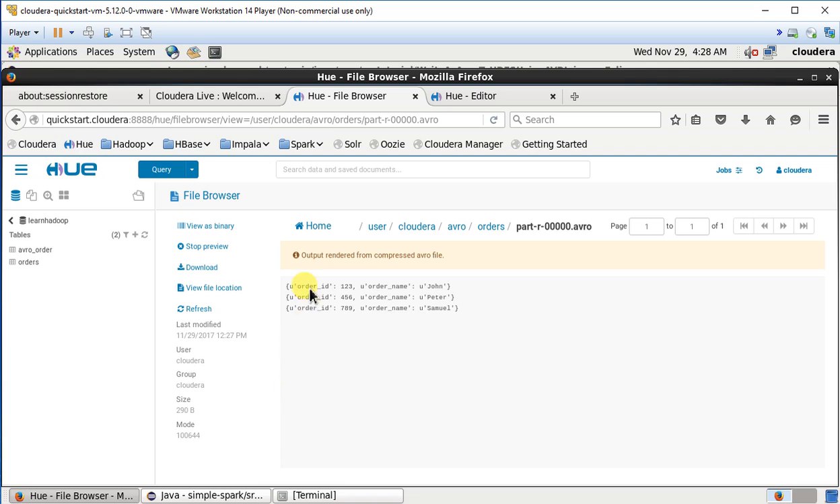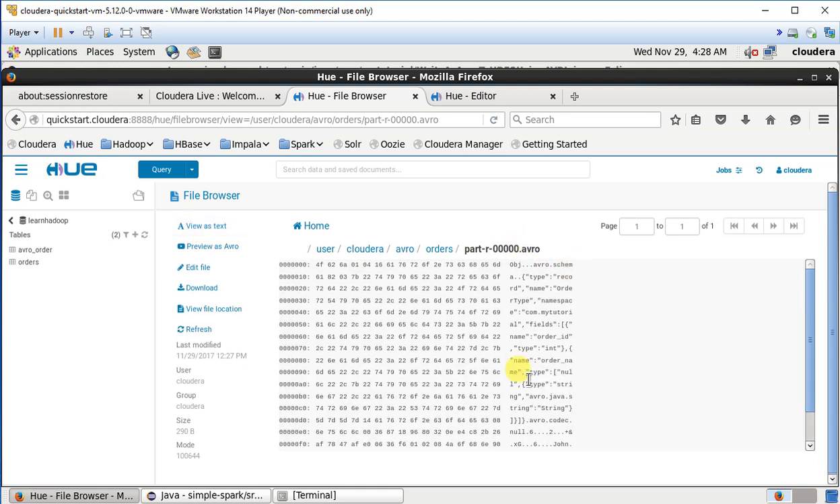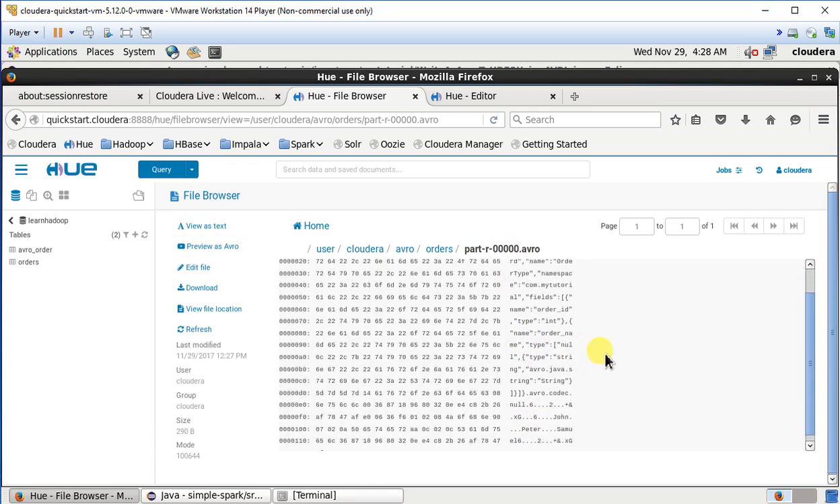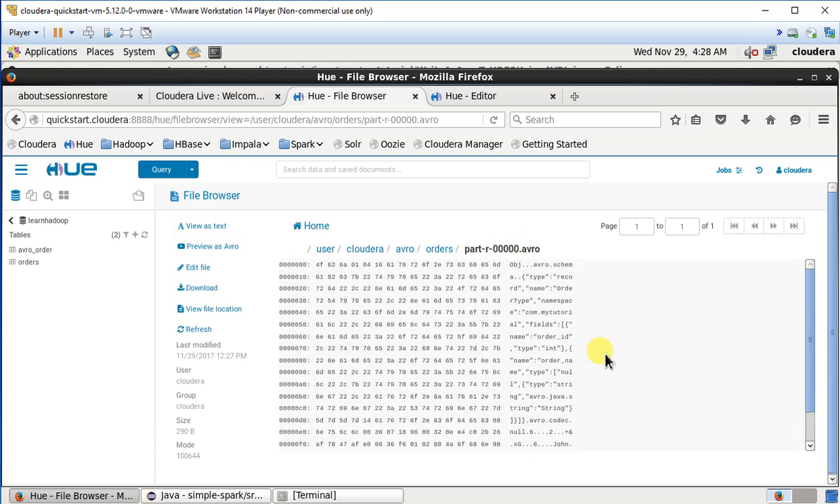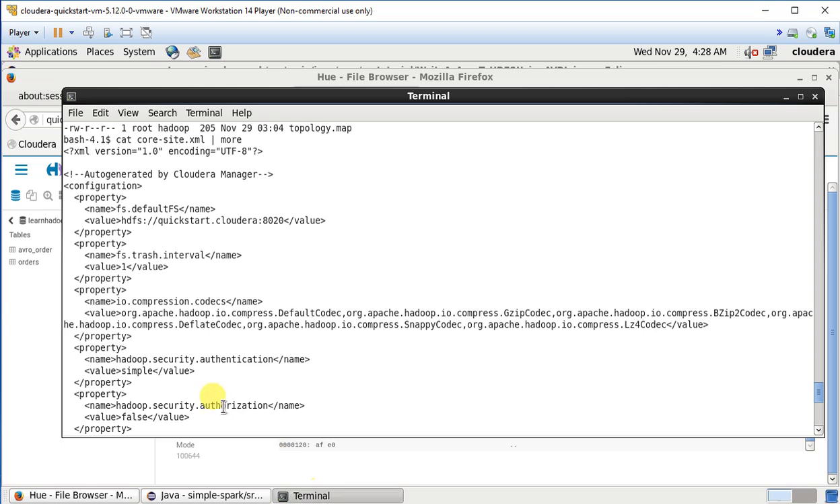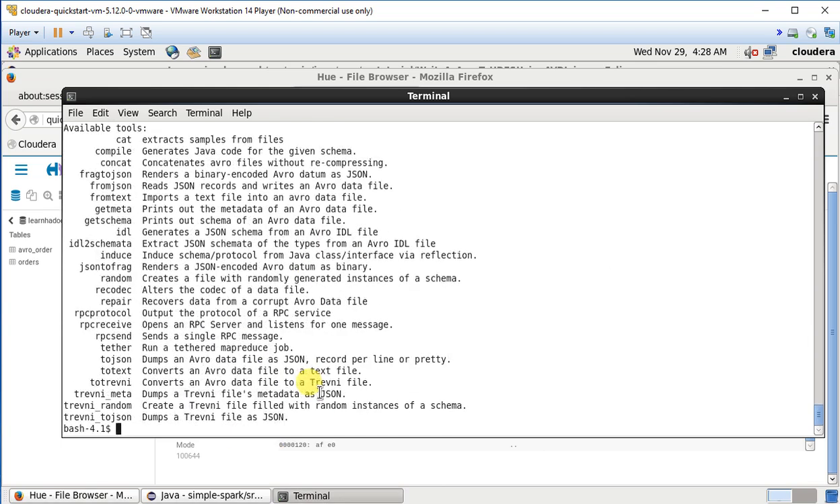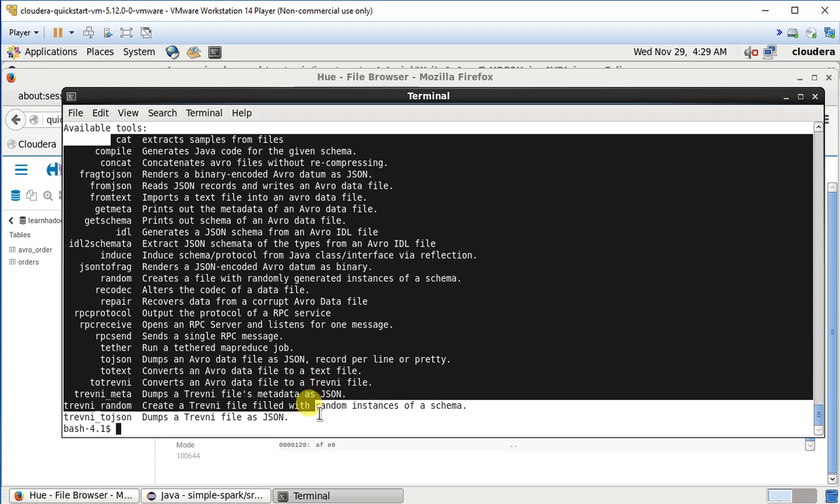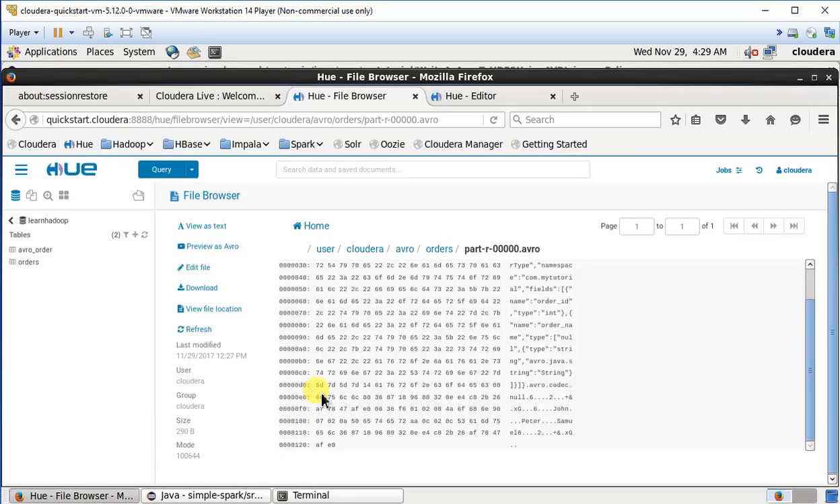As I mentioned before, this is just a rendered version of it, but the actual file will be in a binary format, a more efficient compressed binary file format. So that's all for this tutorial. In the next tutorial we will cover a couple of things. One is using the Avro tools to read the file from a command line, and also we will create a Hive table over this data that we have written,